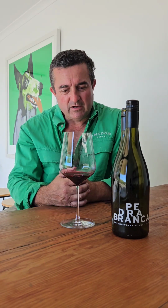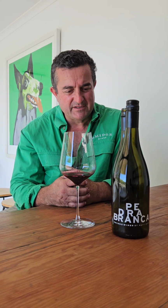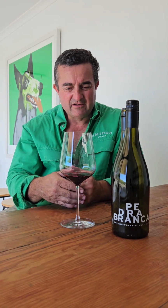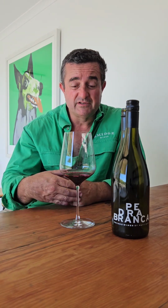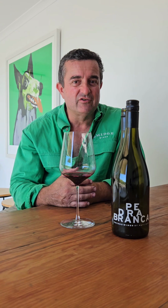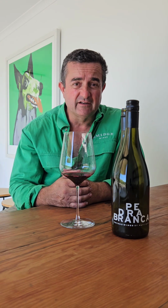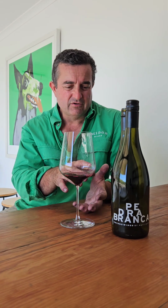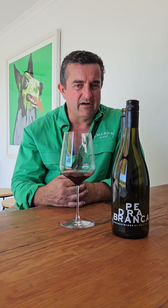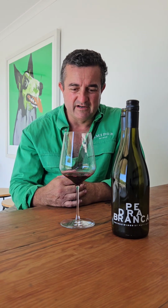I mean, these Pedra Branca wines in the little project series are always a bit of fun. Keeps the grey matter ticking over. They're either an alternative variety, or nature has given us something really unique during that particular harvest, or it's just a different technique or something that I've utilised in the winery that's pretty unique as well. So it's a good little area in the portfolio. We can play around with a few things, especially these alternative varieties, and it finds its place there, and